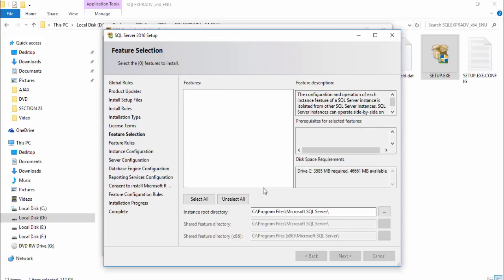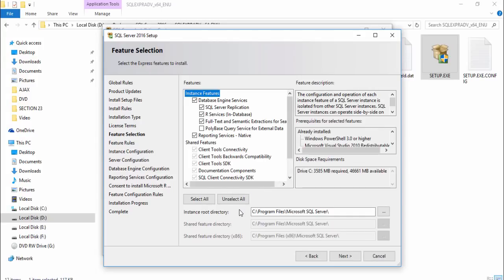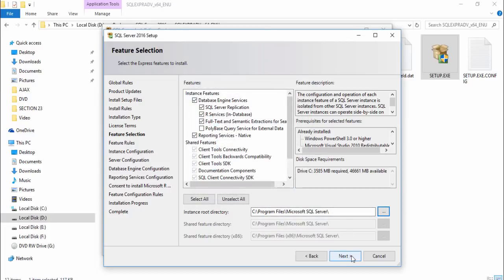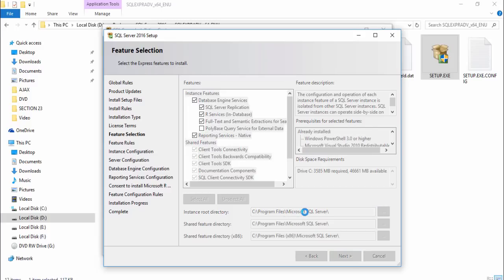and then you need to select the location or path where you want to install the SQL Server. The default location or path is C program files Microsoft SQL Server. Do you want to change it? You can just click on the dots sign and select the location or path where you want to install SQL Server. I close it and click next,